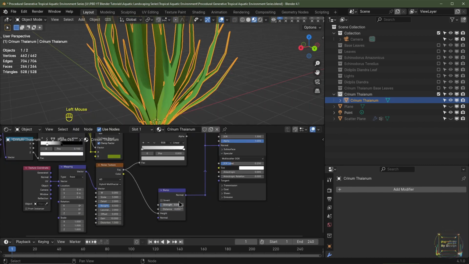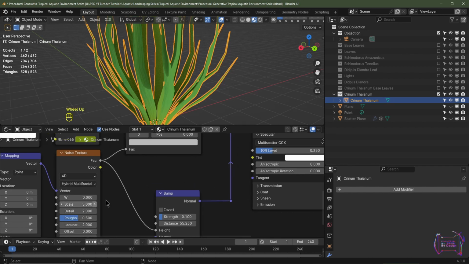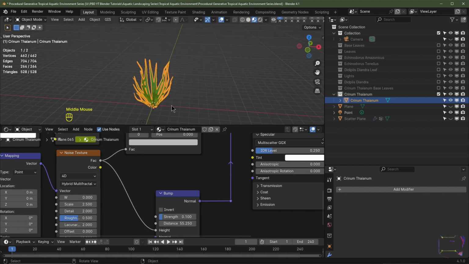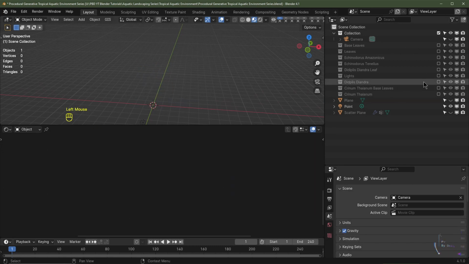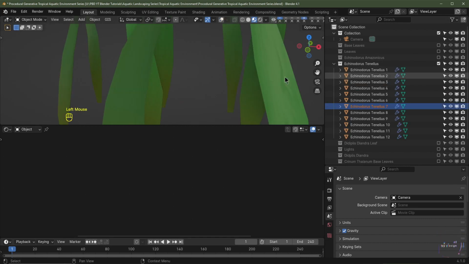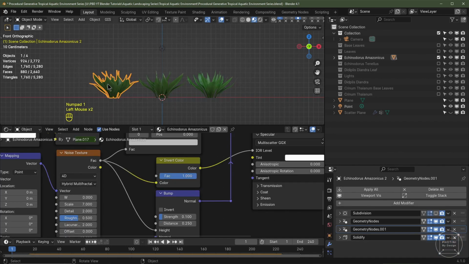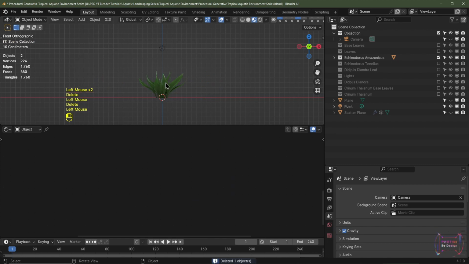yellow. I'm also going to increase the strength of the bump on this one to, let's say, 0.1, and I'll set the distance to 1. And for the scale, I'm going to drop this down to 2.5. I'm happy with that. So let's just see what we've got. We've got the Crinum Thaianum, we've got the Didiplis Diandra, we've got the Echinodorus tenalis, and we've got the Echinodorus amazonicus. In fact, I'm going to delete this one and delete this one, just so we've got the one plant